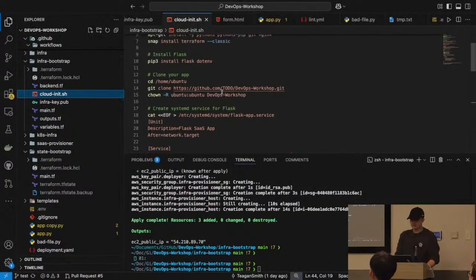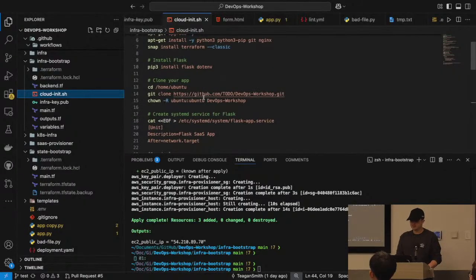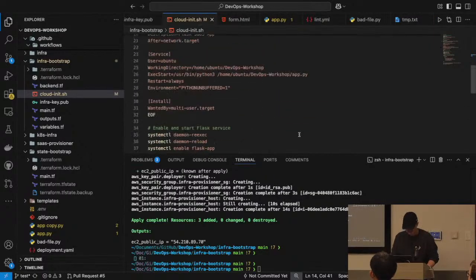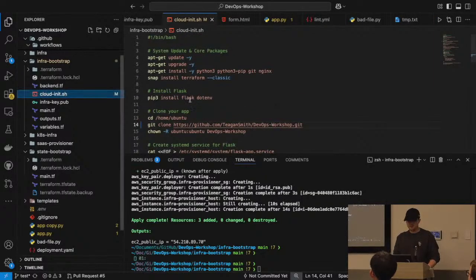So if we go over here, basically what we try to do in here is we try to get clone from the user to do, because I wanted this to be editable for you guys, and I didn't change it when we ran our script. And so now if I change this to Tegan Smith, now I can show you. So this is the initiation script. So this is the script that we want to run on startup.